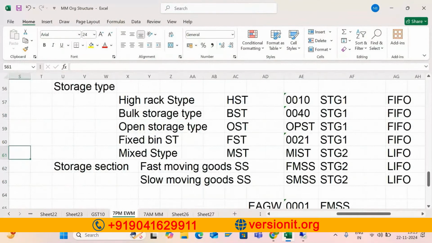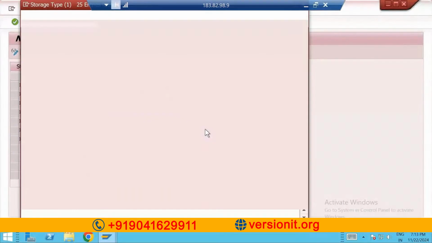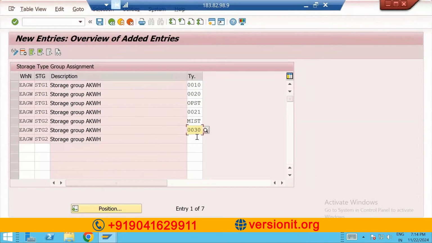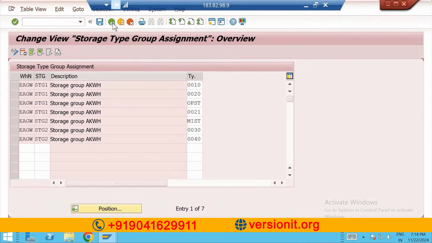Okay, let me take if we have any other ones. So let us say I will map 0030 here and 0040 over there, just for this. So what I did, I have grouped the different storage types under a storage type grouping. Let me try to save it. Right,